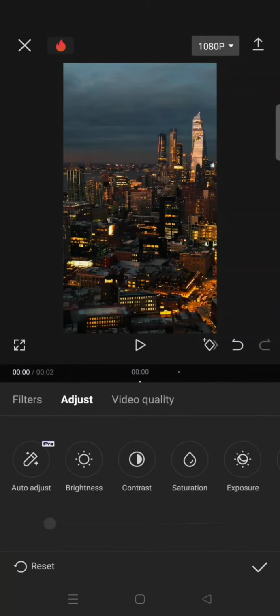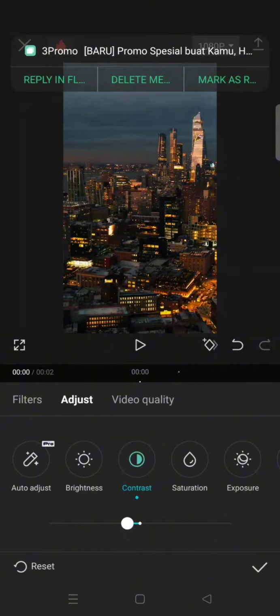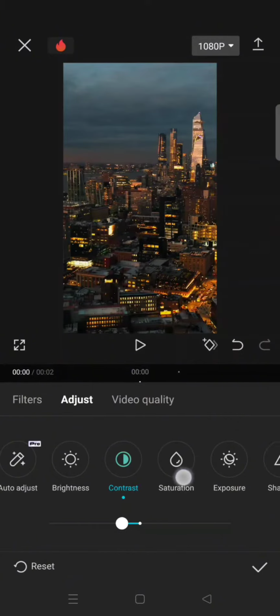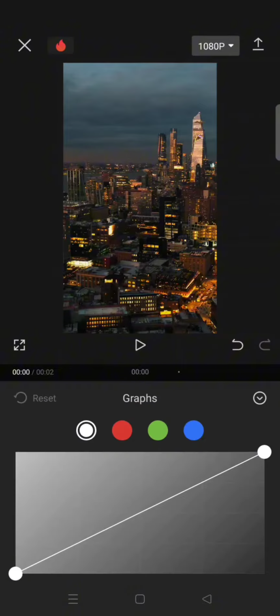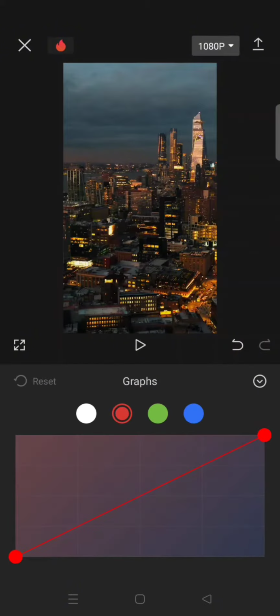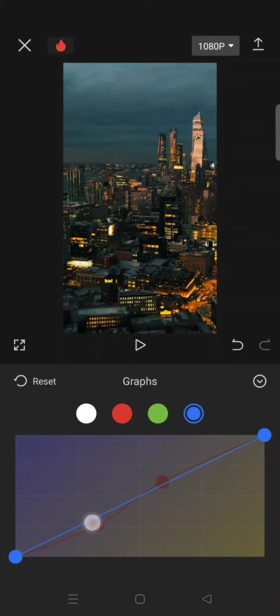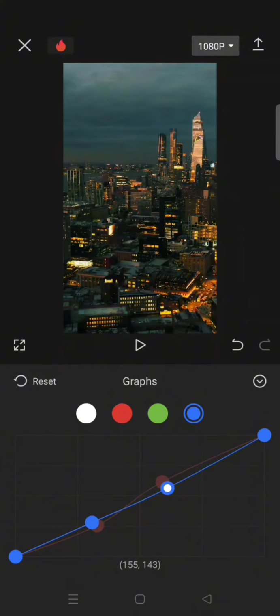Then click on adjust, and for the contrast lower it to around -10, and then go to curves and then use this curve for the red and blue. Okay, so this is for the red curves, and for the blue one set it like this. Then go back